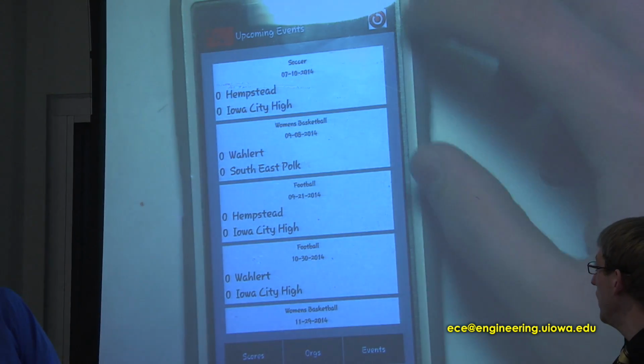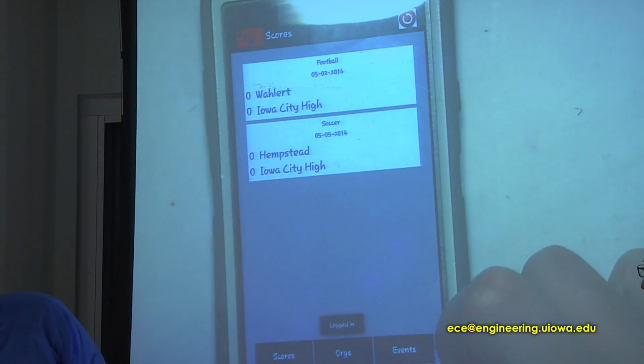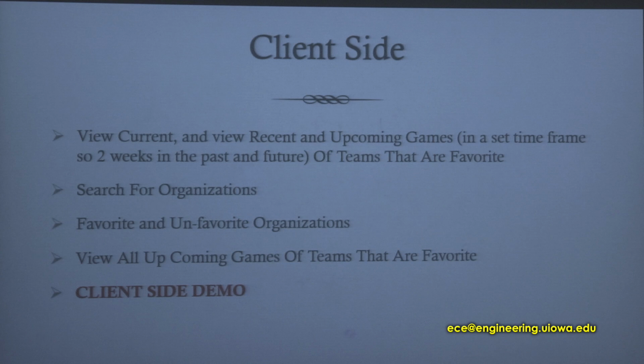We also have an admin view, which Nate will show. So these are the current organizations that the admin would have control over. And then you can click on whichever one you have control over, which will then take you to all the teams that are in the system, whether that's football, baseball, basketball, soccer, rugby, whatever sports are in the system essentially that they want to add.